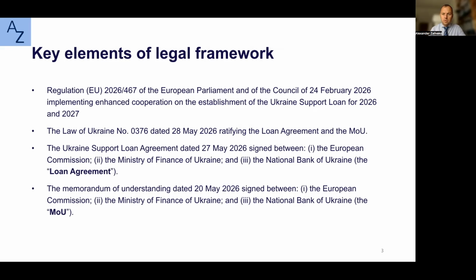So it is this document which is of primary interest for us, and it's regrettable from that perspective that this document is not widely publicized, at least within the European Union. I personally, for example, had to take the Ukrainian version of the loan ratified by the Ukrainian parliament. And then an additional document is the Memorandum of Understanding, which sets out the macroeconomic conditions for macroeconomic support. The last preliminary comment is that the Ukraine support loan is not the only means of financial assistance provided by the European Union to Ukraine, but by far the most important one.